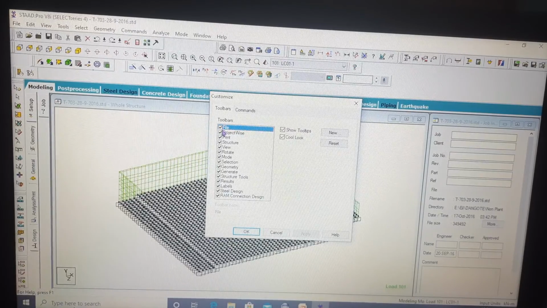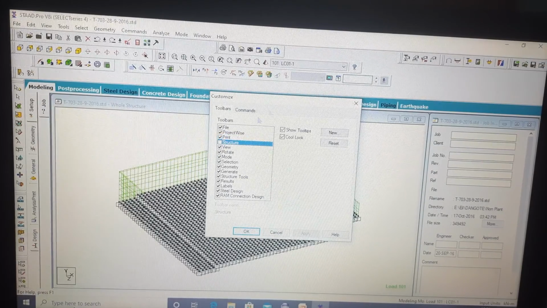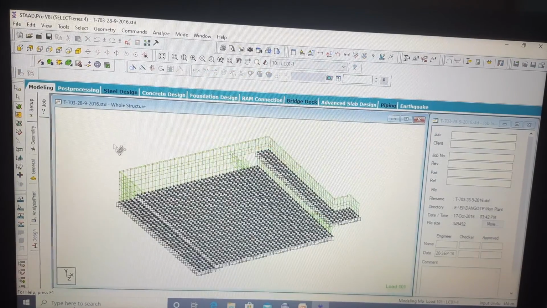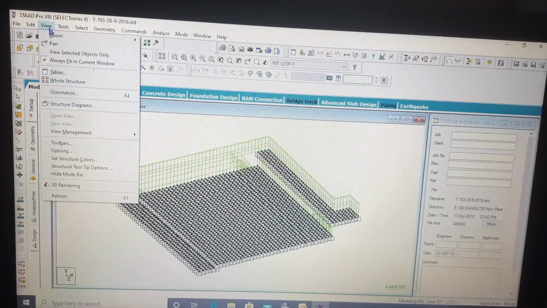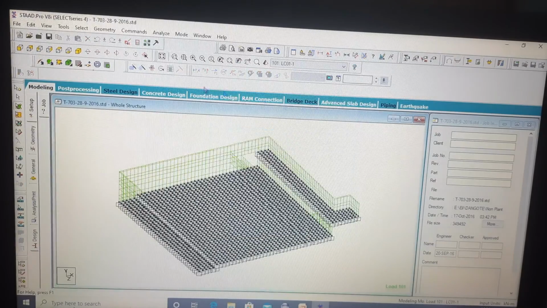If you say print, your print option is removed. If you say structure, your structure options are removed. If you say view bar, all the shortcut bars will be removed from here. So this is the functionality of this view management option.